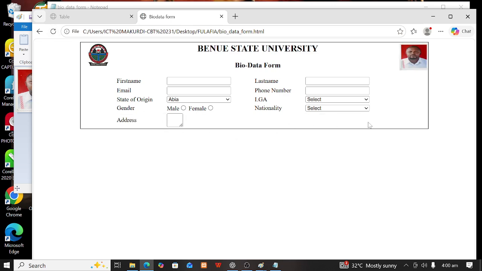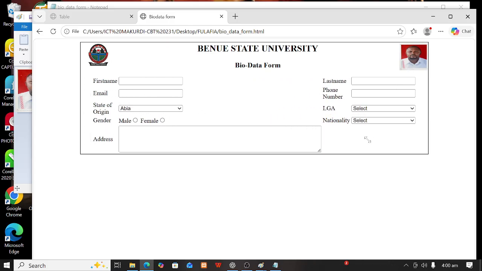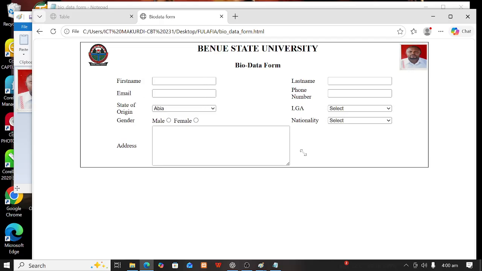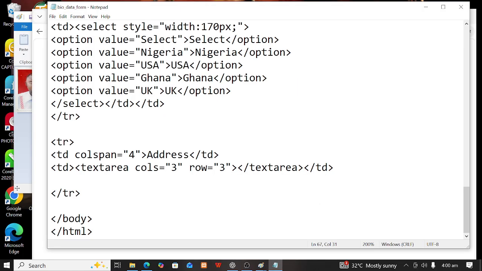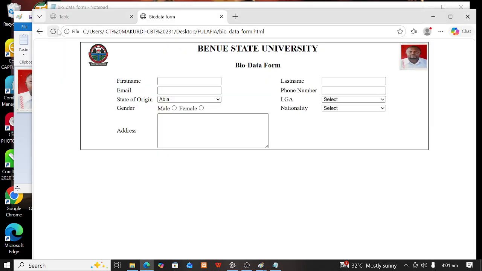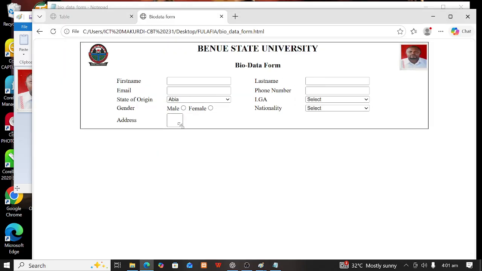I need it to expand to this part here. Okay, if you hold this and drag, it will not go like that. It's maintaining just one column, so I need to col-span it as well. If I col-span it now, how many columns is it taking care of? 3, not 4 again. So it's going to be